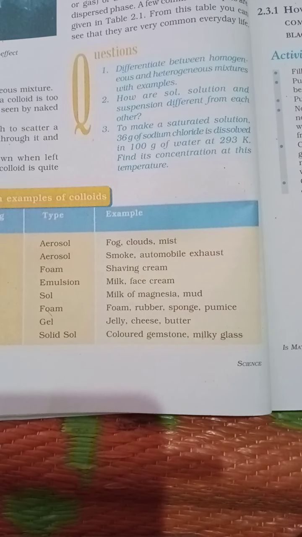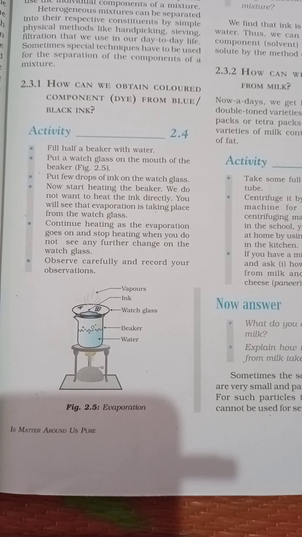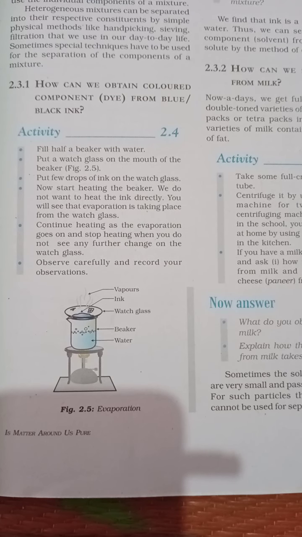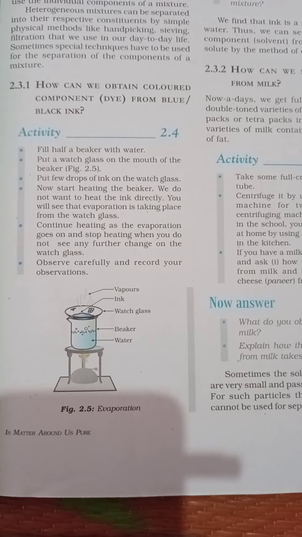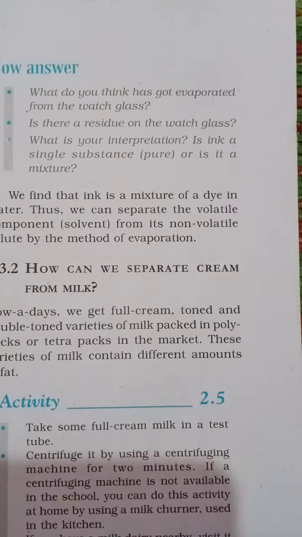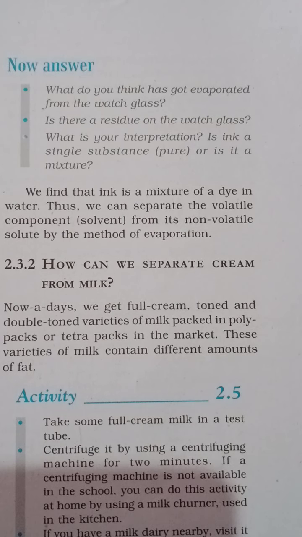Now let us see separating the components of a mixture. How can we separate a mixture of dye from blue or black ink? For that we need to use evaporation. In the evaporation process, the more volatile components easily go off as gas, and the dyes are non-volatile, so they remain in the vessel. Like this, through evaporation we can separate dye from water. In the next video we'll see the